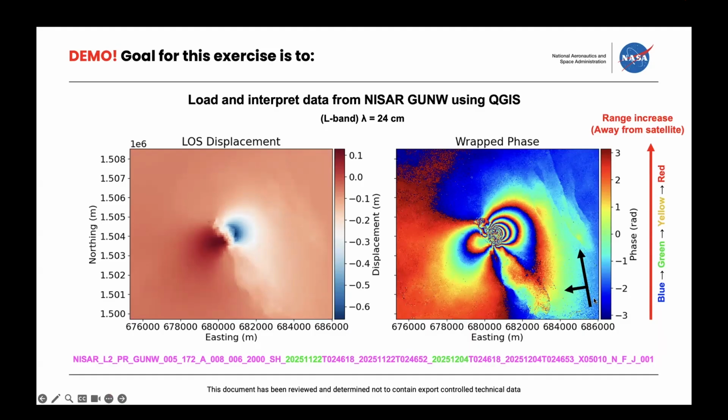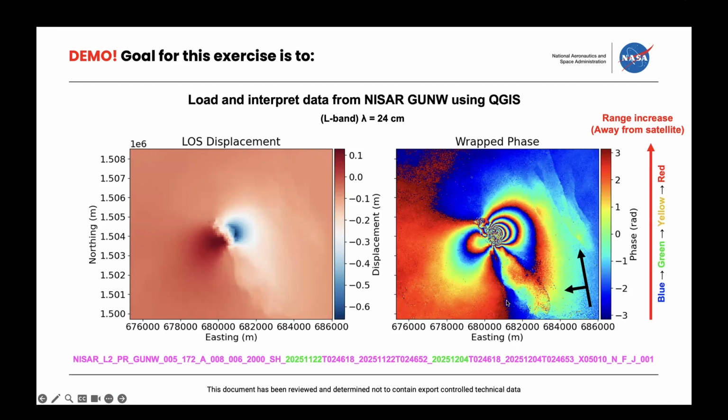The track is ascending, and it's provided in this file name here. And NISAR products are in left looking mode. So the satellite is moving from south to north,